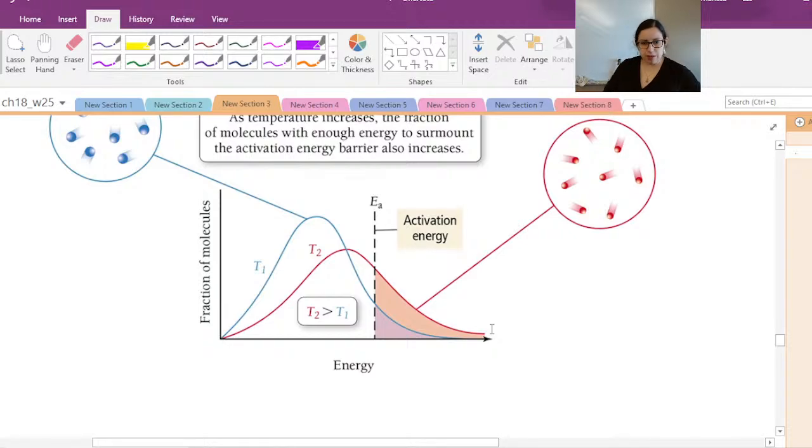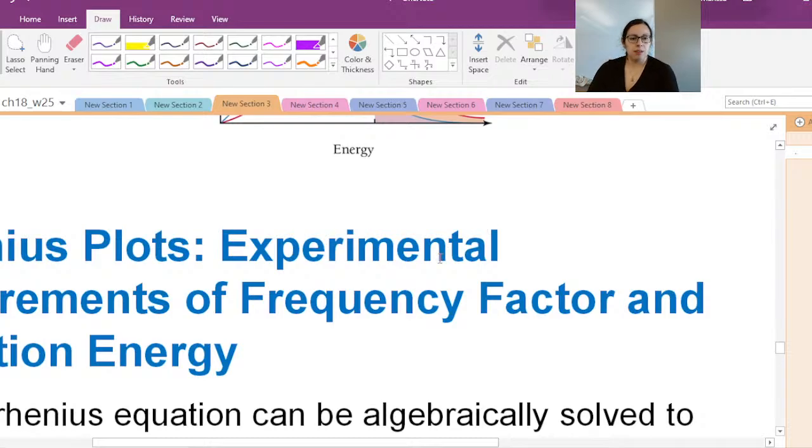So this is just a good diagram to show us our distribution. We have our energy profile here, and notice T2 is greater than T1. Remember our spread? This is related to the speed of our molecules, but overall there's still more area under the curve that are moving faster. That's why they're going to have more productive collisions. So these are just distributions.